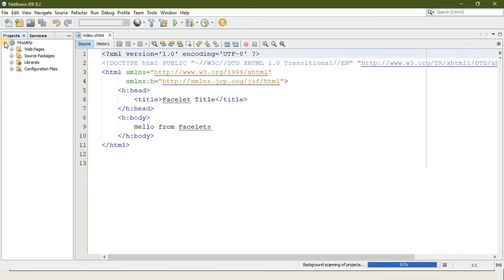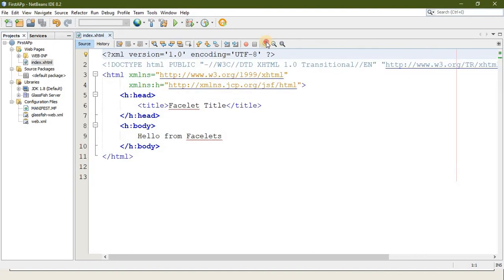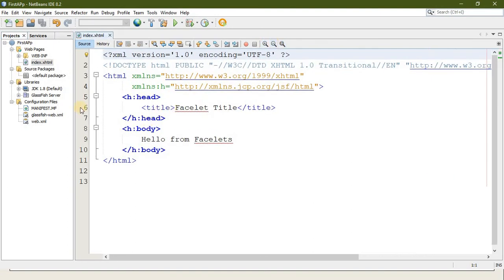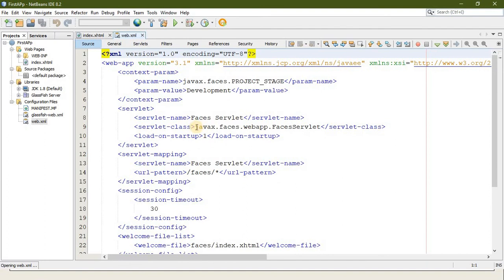Once the application is opened, you can see here, you can extend this tab here. Whatever I showed in the slide, you will find the index file is here by default. So you can enlarge the code by pressing this one. This is the code we have, this is our view. In future we will create our managed bean here, and we have our web.xml file in which we can find the Faces Servlet, and we will find the session timeout.